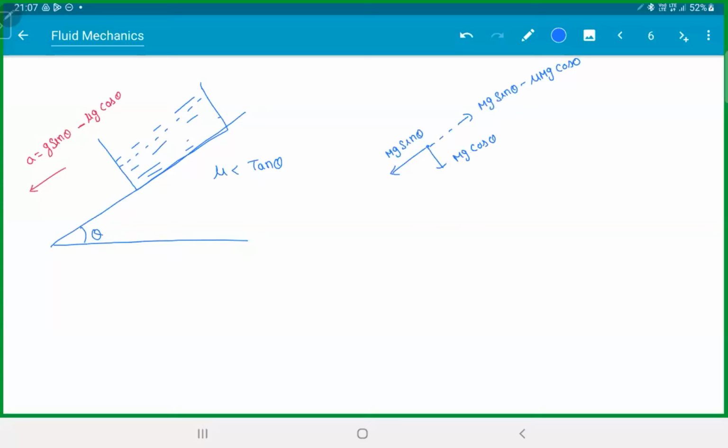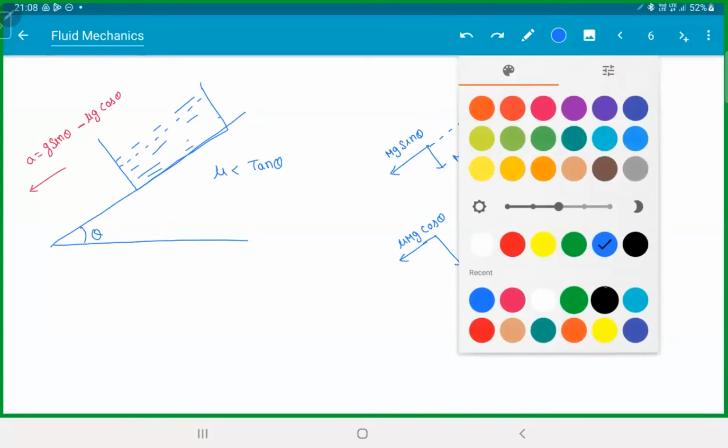So if you subtract them, what do you get the resultant as? The resultant will be mu mg cos theta. This will be mg cos theta. Agreed? The resultant of these two is mu mg cos theta in the forward direction. So the net force will be